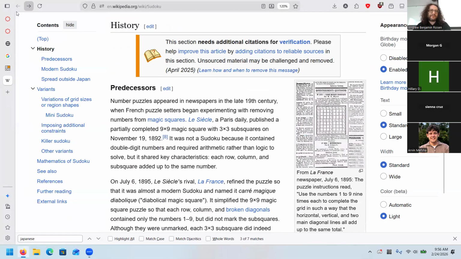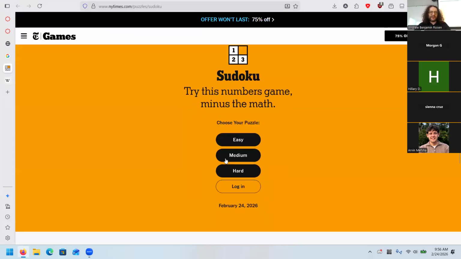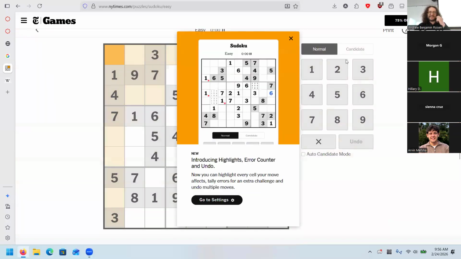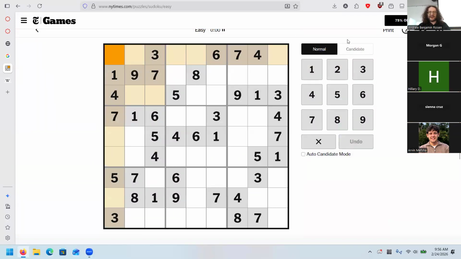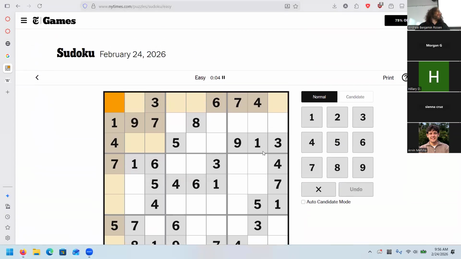So how do we go about solving Sudoku? Well, let's see the algorithm in action. We're going to go with easy because it's hilarious. But we're going to do a kind of terrible algorithm here, our recursive backtracking algorithm, rather than doing logic. Basically, we're going to start at the top left. And we'll have a very easy recursive case, which is that if our position is already filled, we are just going to recursively call the next position.